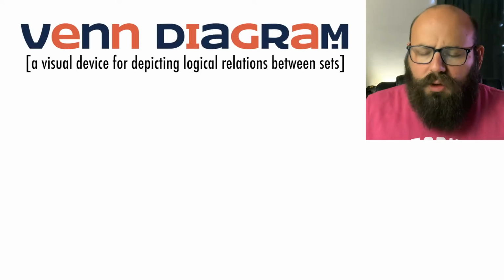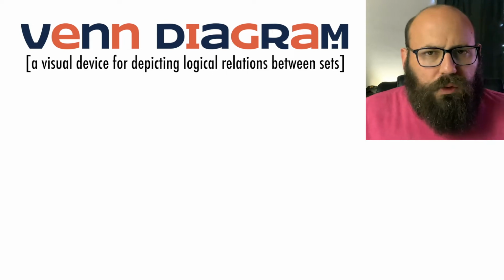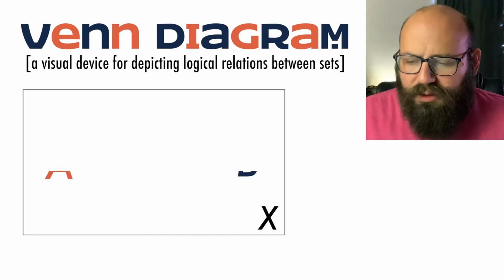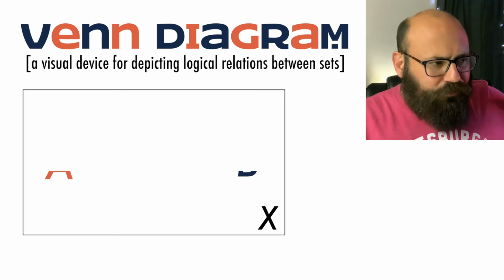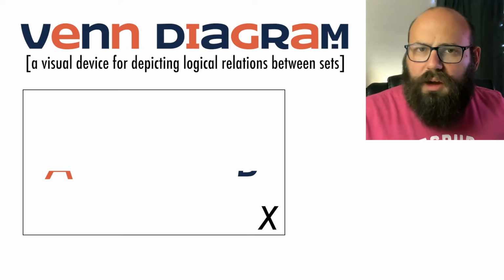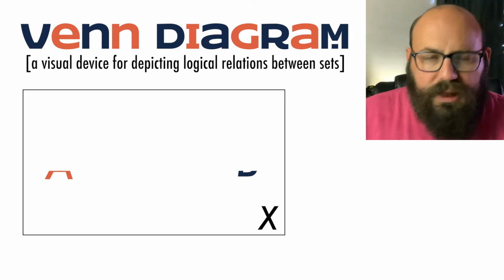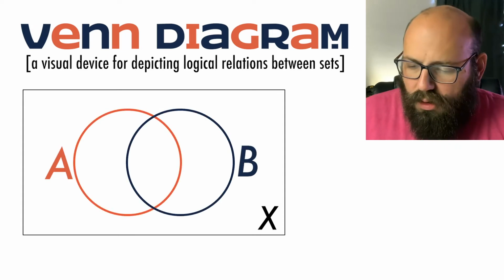So much like with truth tables, the main conceptual device that I'm going to use to help illustrate what these set operators are, they're called Venn diagrams. You've probably seen them a million times. So in a Venn diagram, the first thing that we do is we draw the universe of discourse, right? And we're just going to call that capital X for now. And we're going to assume that everything that we care about is an element of X, all right? X is in the background. X is just sort of what we're talking about. It's our context. All right, so I'm going to define two sets that live in X. So maybe here's A and here's B.